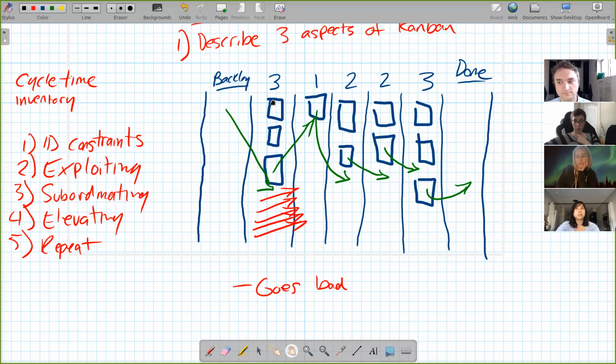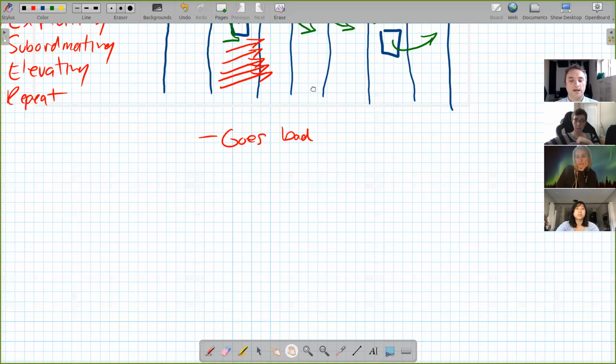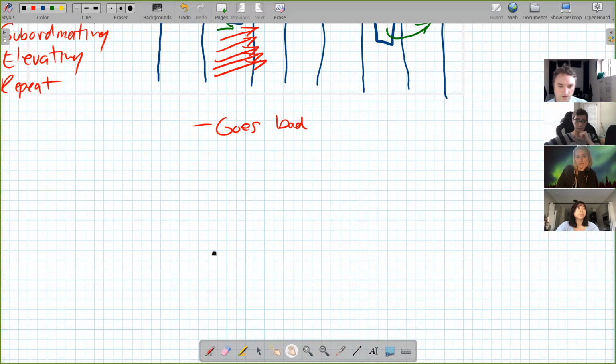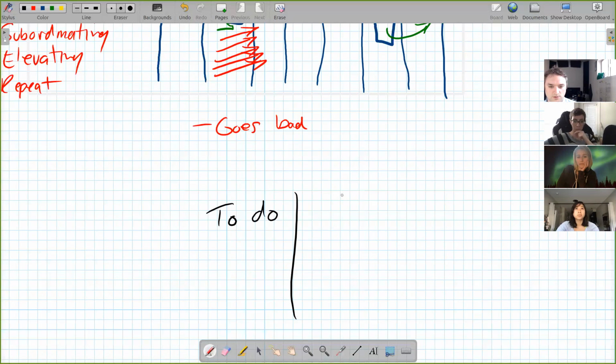So each of those columns, is each column a feature or each row, or is all of it one feature? So let's look at the simplest Kanban board. And this is what personal Kanban is all about: to do, doing, done, with a WIP limit of 1.